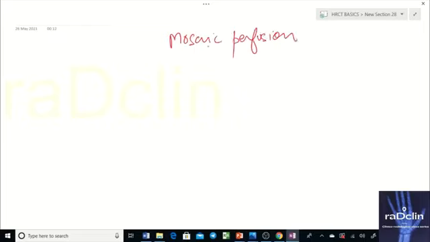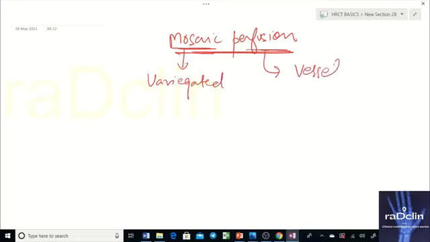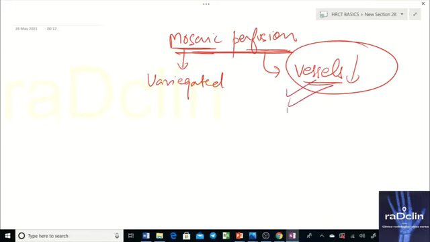Always, whenever you read something, just go on the word and decipher the word. The word tells everything. The term tells everything. Mosaic means variegated appearance. Perfusion is related to vessels. So we have decreased vessels, that's why we have decreased density, and so we have mosaic perfusion. Now understand this thing. You have a paucity of vessels. A paucity of vessels could be by a physiological phenomenon, as I just discussed: if you have hypoxia or air-deficient areas in the lung, it will cause the vessels to reduce in size, which will cause that particular part of the lung to decrease in density.